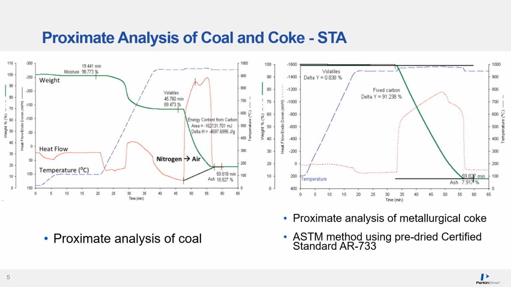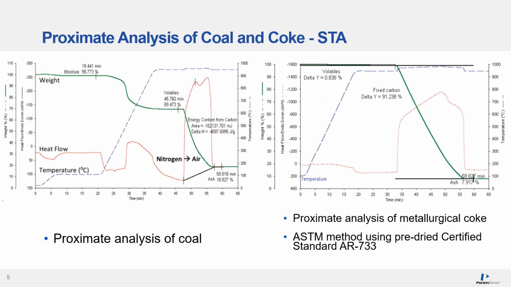If you look at the curve here on the left, you'll see 3 different curves. The green curve is the percent weight loss of coal heated with a 2-step temperature program, which is depicted in the blue curve. The first weight loss at 100 degrees is due to moisture, followed by the loss of organic volatiles as the sample is heated to 950 degrees C. The purge gas is then changed from an inert nitrogen gas to air at around 47 minutes, and this is to oxidize and remove any carbon so then we can do ash analysis. The DSC thermogram in red provides additional information that confirms the